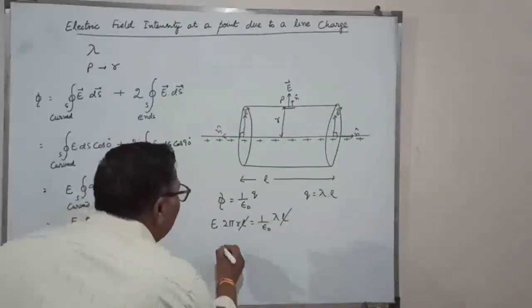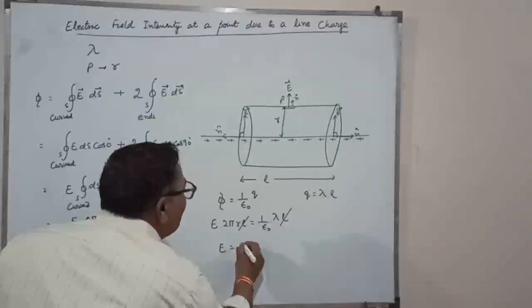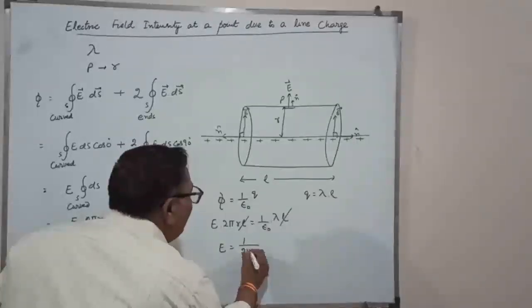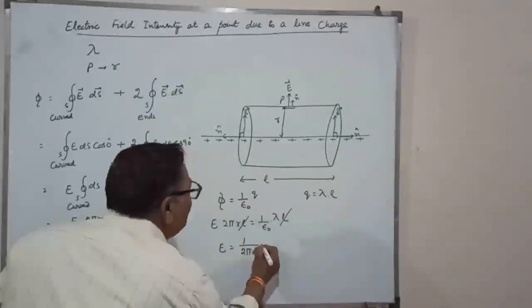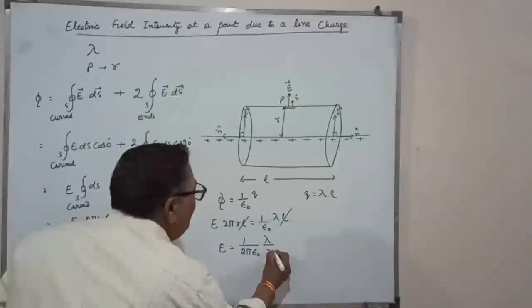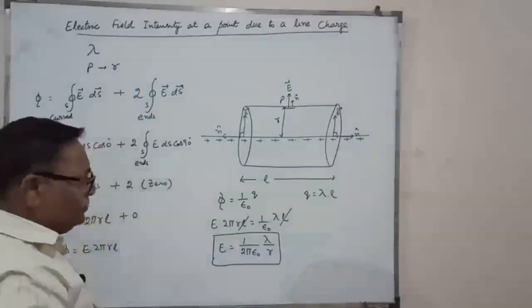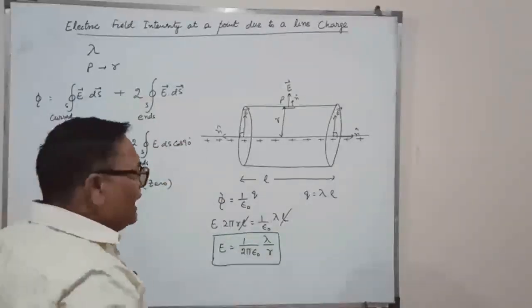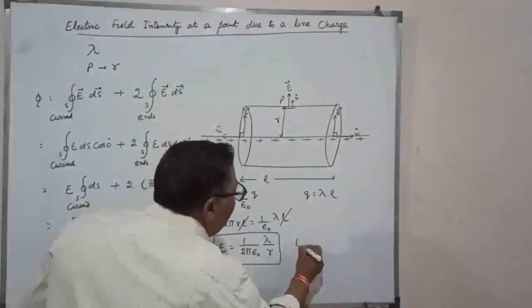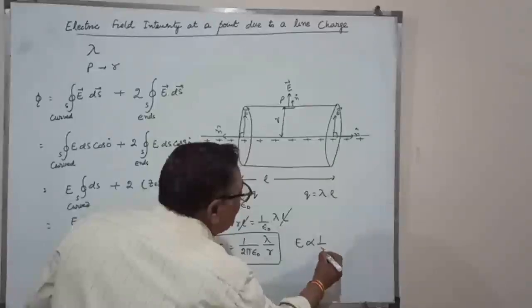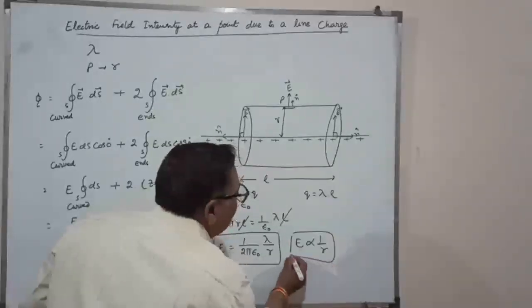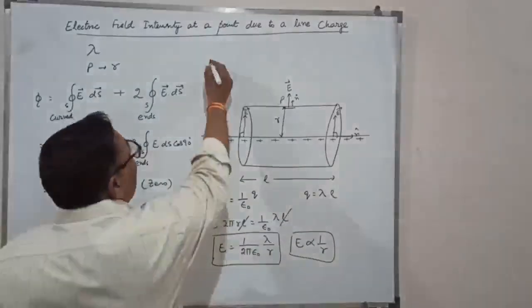L cancels. E is equal to 1 upon 2 pi epsilon 0 times lambda upon r. This is the value of electric field intensity due to the line charge, or E is inversely proportional to the distance. If we show it on a graph,